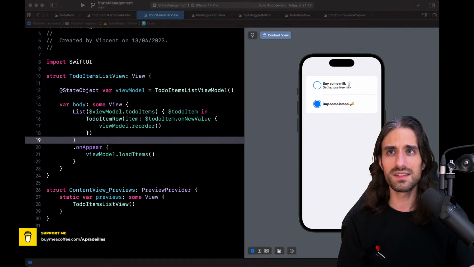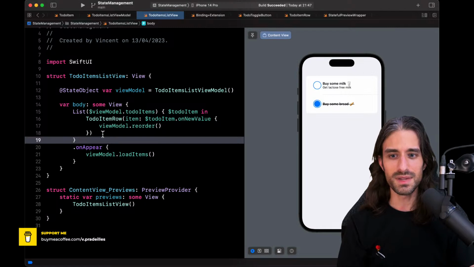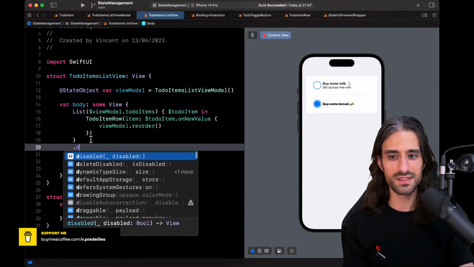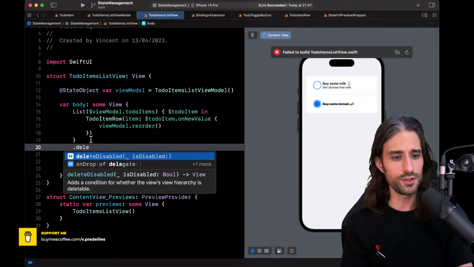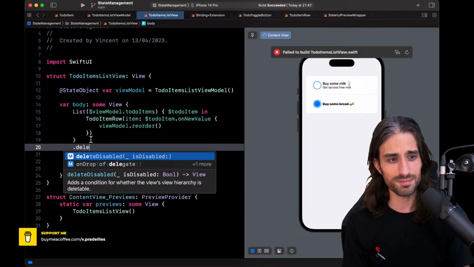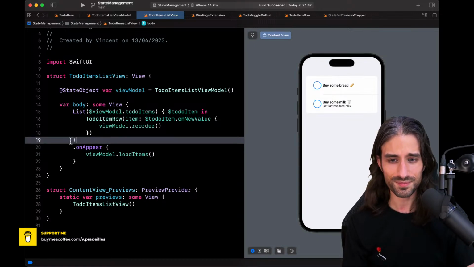It can be a bit tricky actually, because if you look on the list and you type delete, you will see nothing about it, and there is a good reason for it. Why there is no onDelete modifier on the list.